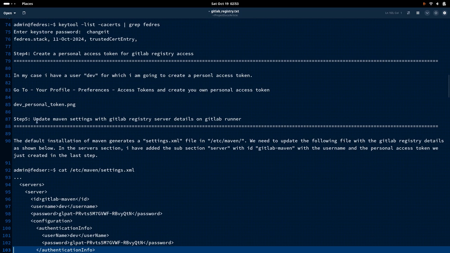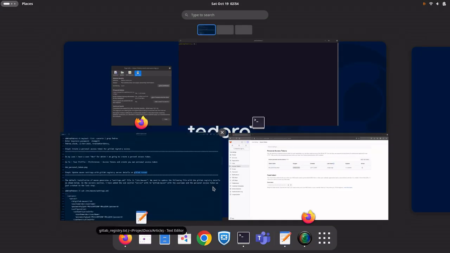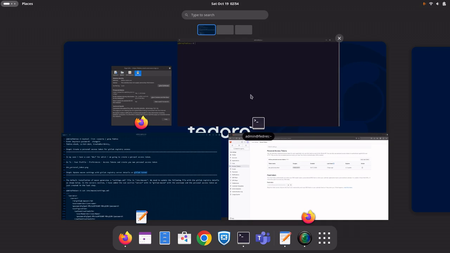Okay, so the next step is updating the Maven settings with the GitLab registry server details on the GitLab runner. So basically what we are going to do is we have Maven installed on our GitLab runner server, wherein we will be building our project. And whenever Maven is installed, there is a settings.xml file which we can use in order to update it so that the Maven project is able to connect to the GitLab registry server. So let us see how we can do that. Let me go into my server,